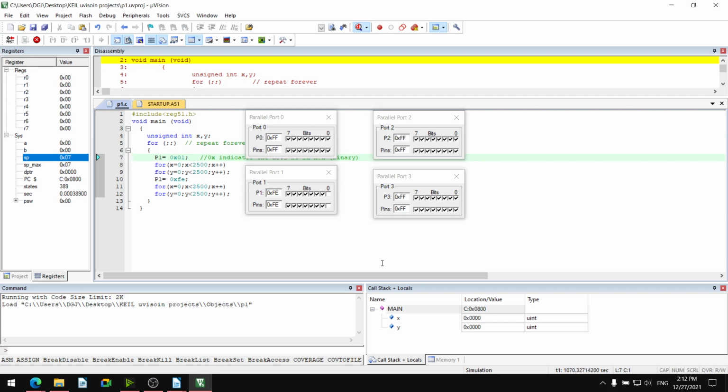Similarly, you can go for 1, 0 and EF. Similarly, 0, 2 and FD, 2, 0 and DF. Any combination you can go, for 3, 4, 5, 6, all the combinations. So this is toggling of the bits.